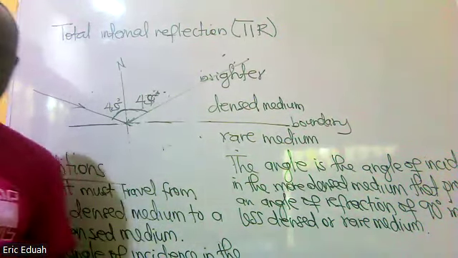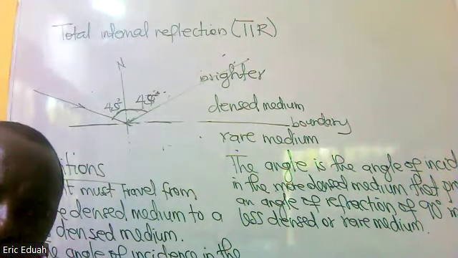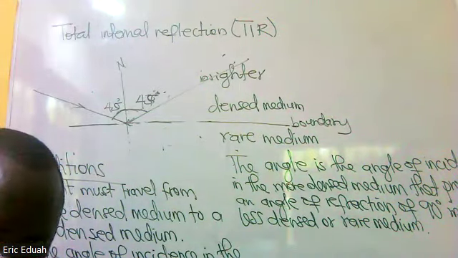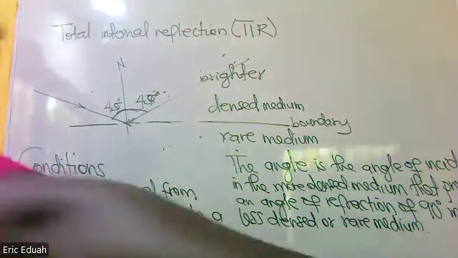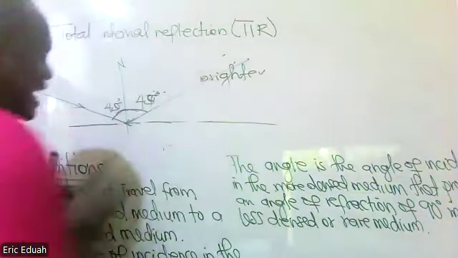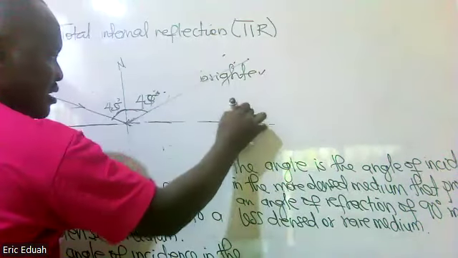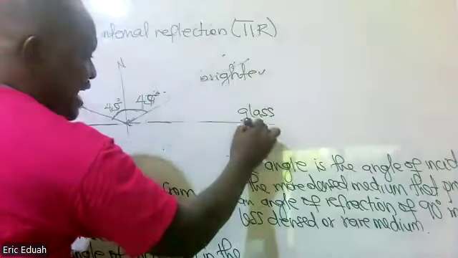Now, different materials have their own critical angles. So assuming the dense medium is glass, if the dense medium is glass and this is air,